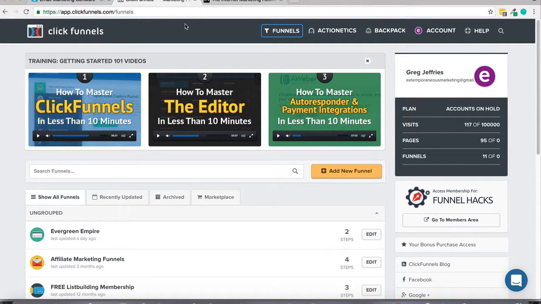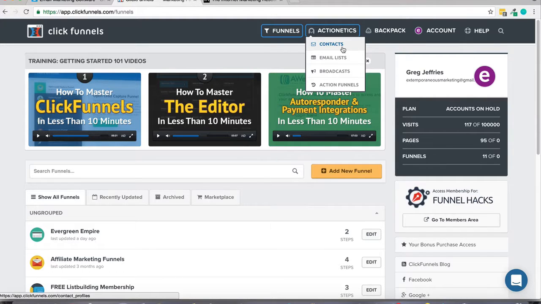So Clickfunnels actually has autoresponder features built into it. It integrates with all the popular autoresponders out there, but it also integrates and connects with transactional email services. So the same types of email communication services that big brands like Pinterest and Facebook use to make sure that you get alerts from your accounts, and those types of messages always get delivered. So the deliverability rates of these transactional email services are extremely high, and it's extremely affordable. It's a lot cheaper than a traditional autoresponder, and you still get the same power